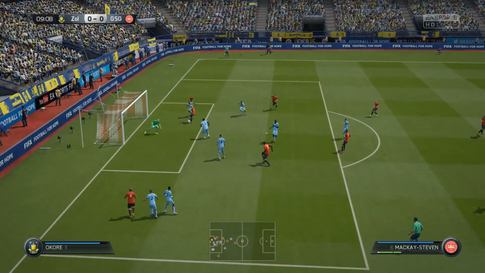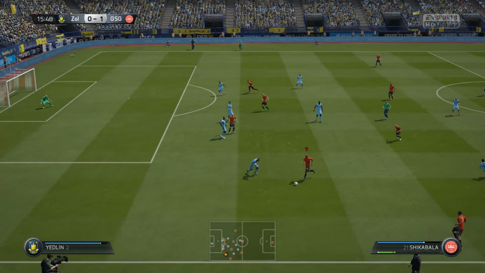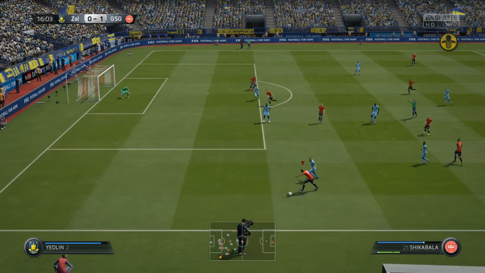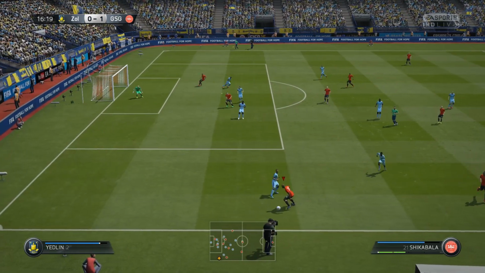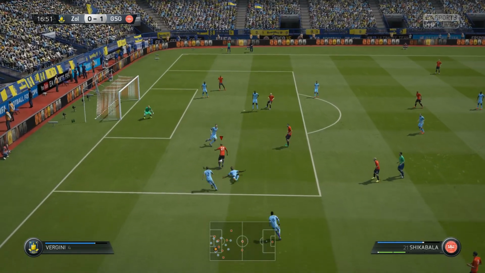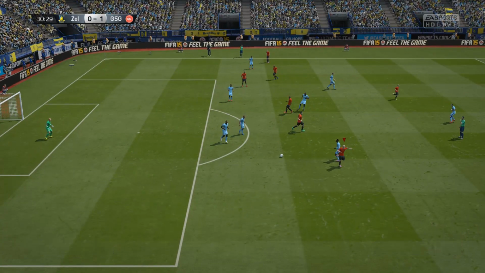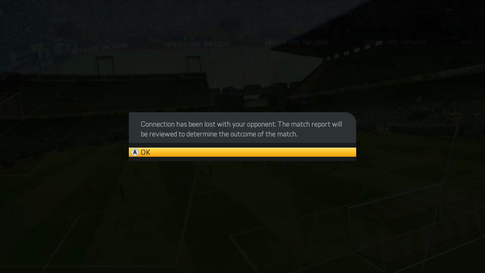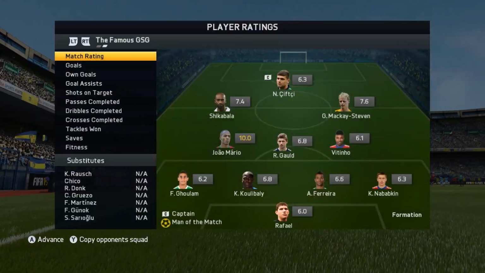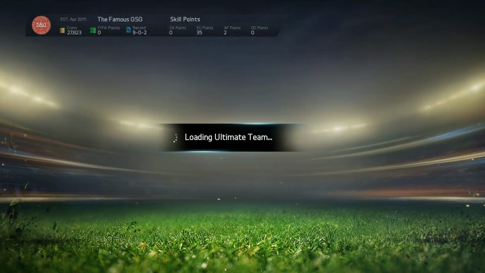We send it in, and once again, Gary Mackay-Steven, where is that fancy finish? I don't want to tap in, I want like a cool heel shot. That is what I want to see. But we continue with the chances, and Shikabala, dazzling skill moves, beating 2 players, another one, and what a goal that would have been if we just could have hit it into the back of the net. I was like, no, why couldn't I convert that? And in the end, my opponent would rage quit, João Mario with a 10.0 rating, man of the match yet again,